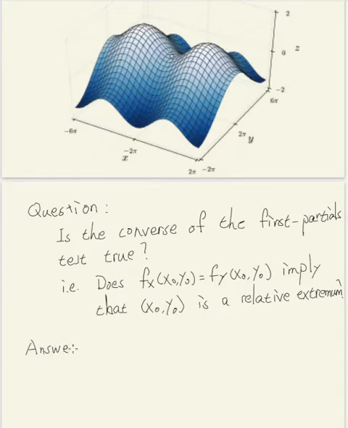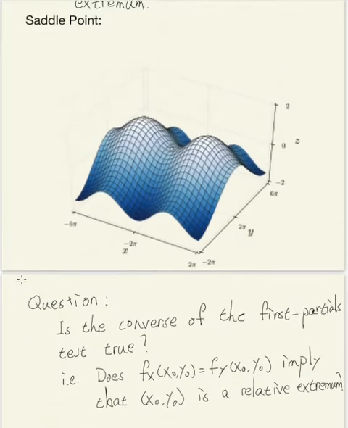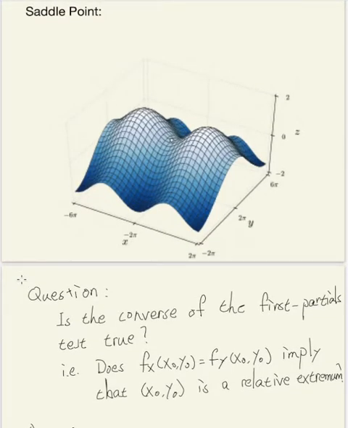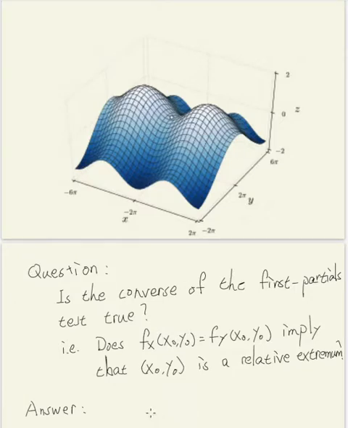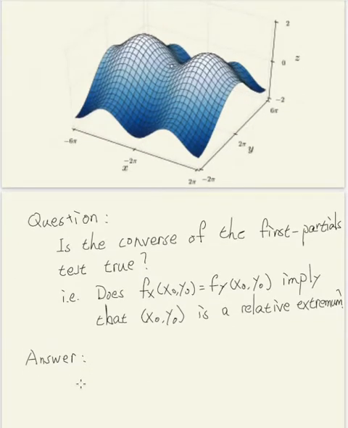If you've seen the term saddle point, you should remember that in basic calculus, in the one-dimensional calculus, we've also encountered something called the saddle point before, right? And that's the one-dimensional analogy of what we have here. So the answer, of course, is no. Just like in one-dimensional functions, you have saddle points, in two-dimensional functions, we also have saddle points. So the answer is no. It can also be